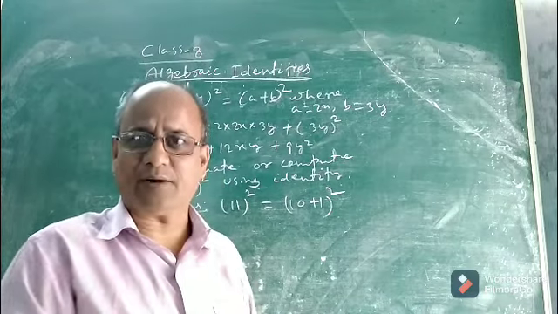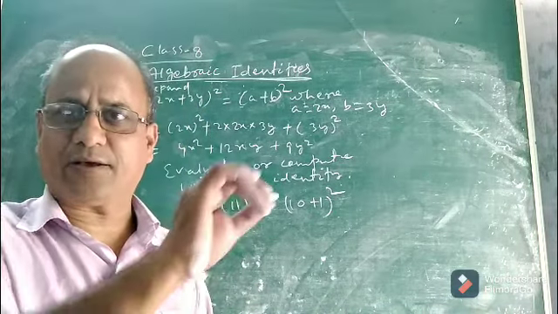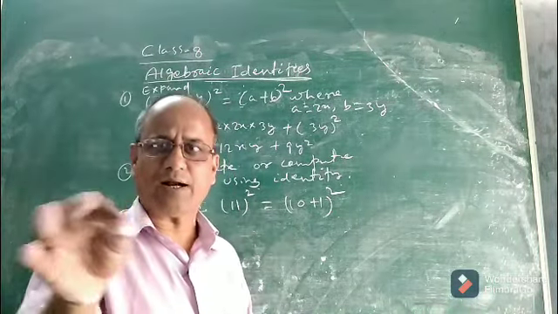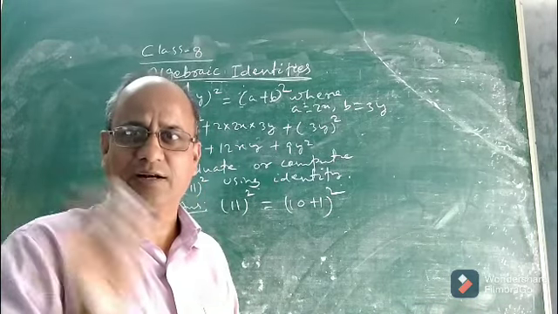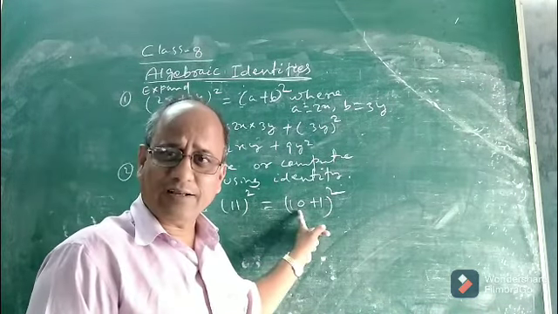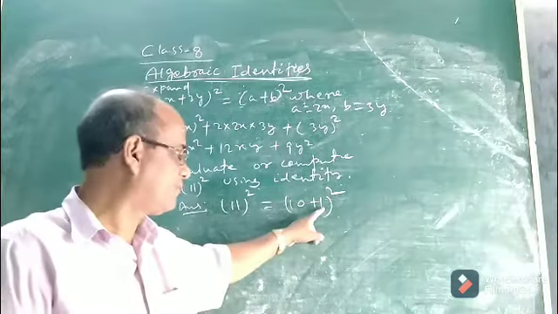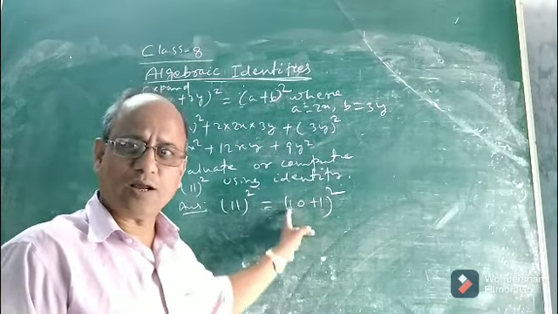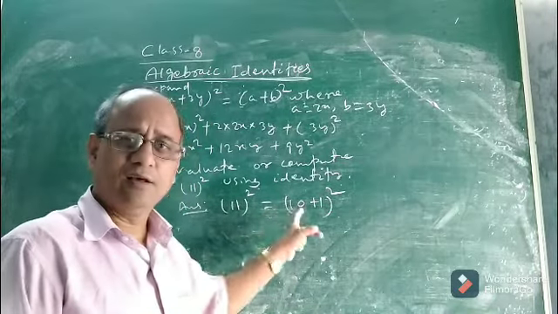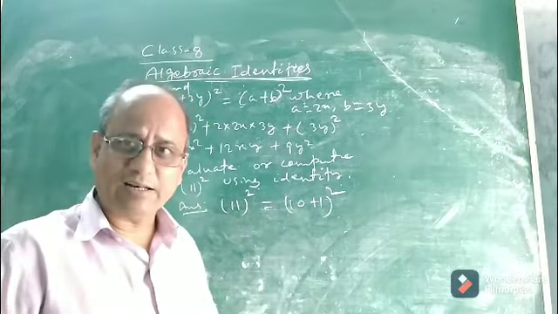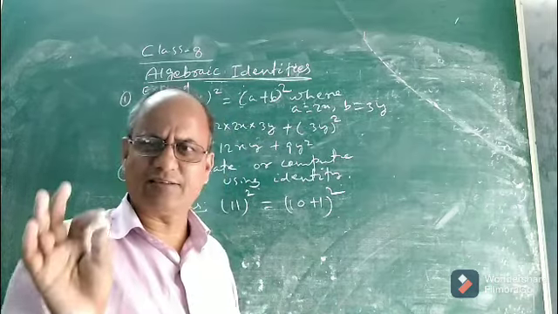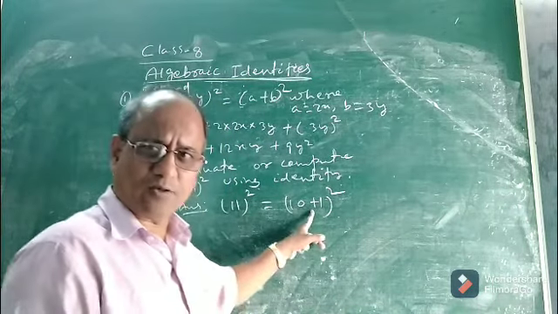In that case, you need not multiply. You will not do any kind of multiplication in the rough work, because by that you are going to consume some time. That is the reason. You could break 11 in other forms, like 100 minus 89, but the best will be 10 plus 1 whole square.